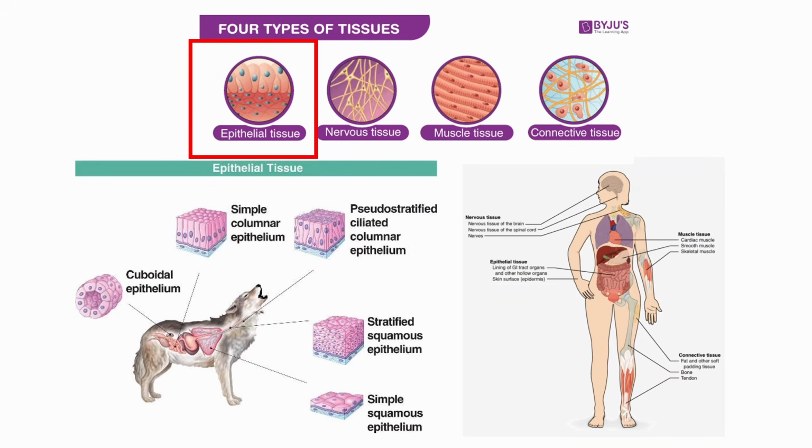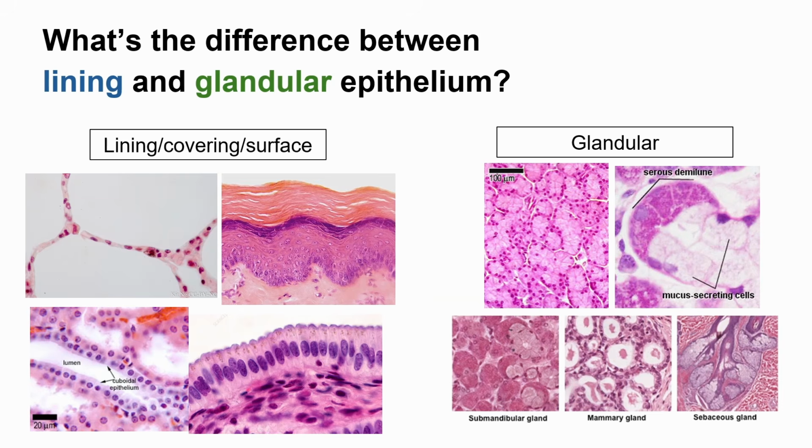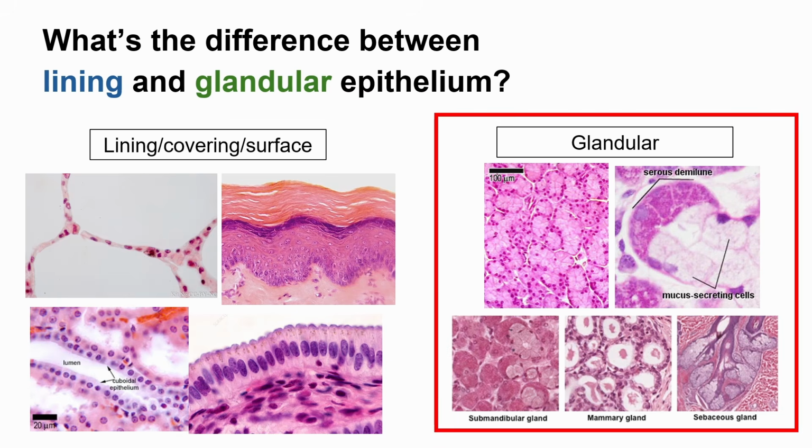Okay, for this topic, we are still going to talk about the epithelial tissue. Last topic, we talked about the lining or covering subtype of epithelium. This time, we will be focusing on the glandular type. As we have talked about earlier, the glandular type of epithelium is very different from your lining epithelium because its function is very different as well. Coming from its name, glandular epithelium basically is what makes up the glands in your body.